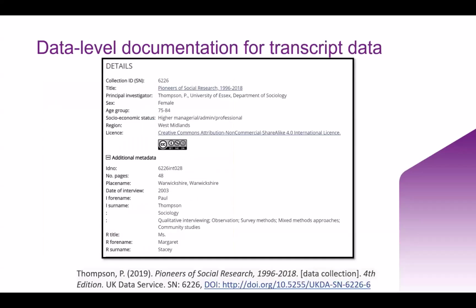With transcripts, data level documentation is usually included at the start of each interview. So for those that are curated by the UK Data Archive, you'll see this kind of information at the start of each interview. So there'll be the name of the collection, the principal investigator, and some demographic details about the participants. So for example, we often have details like the sex of the participant, the socioeconomic status, and the region